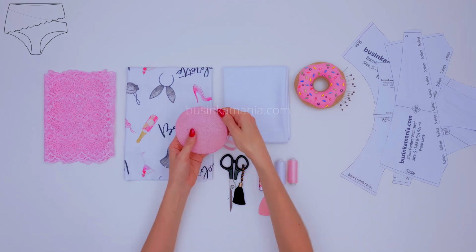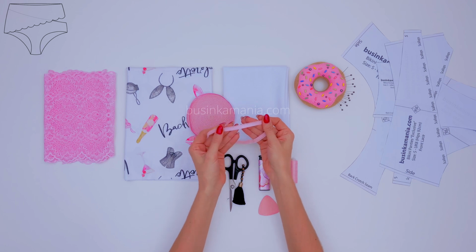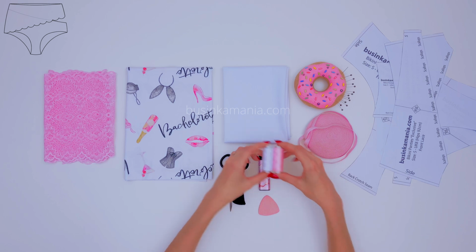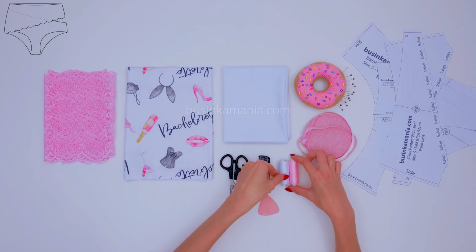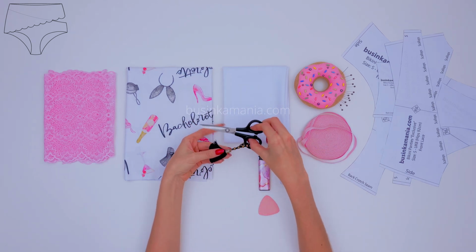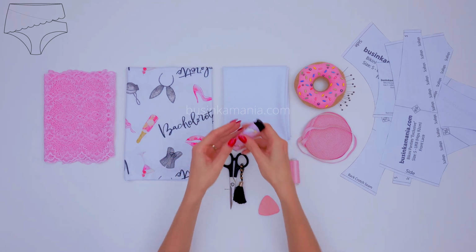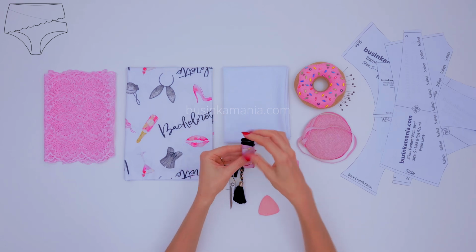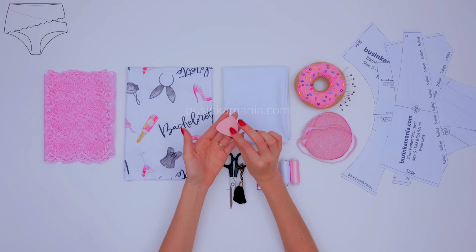the picot elastic, you also will need to have the threads, which are matching your elastic and the fabric, the scissors, the lighter, the piece of chalk to outline the pattern,